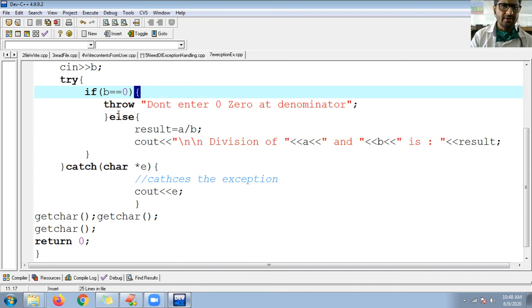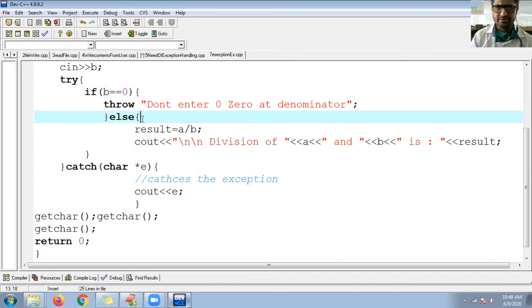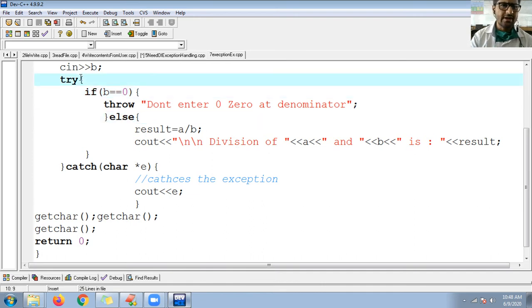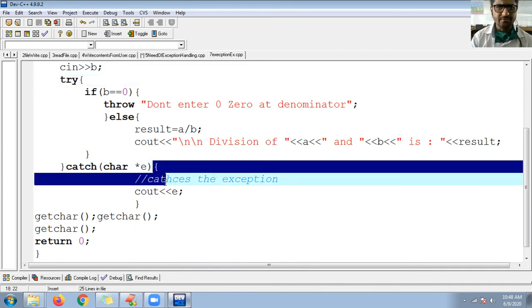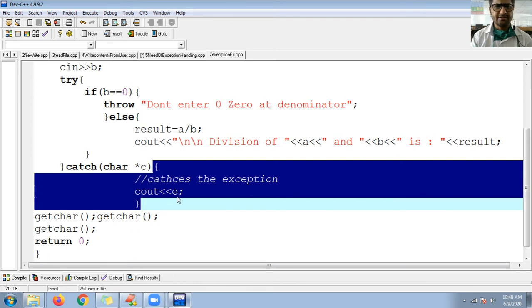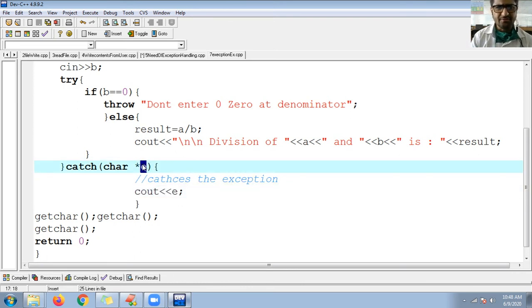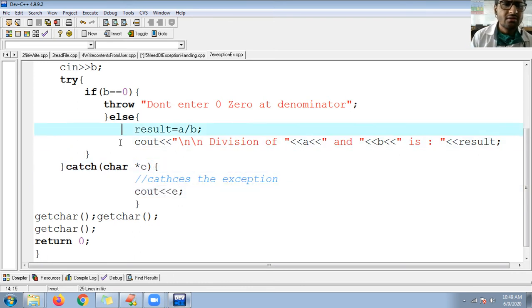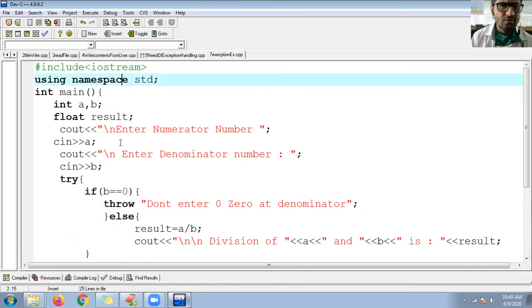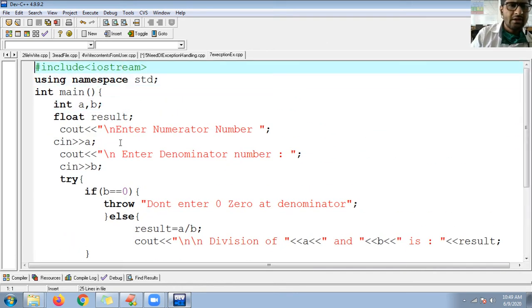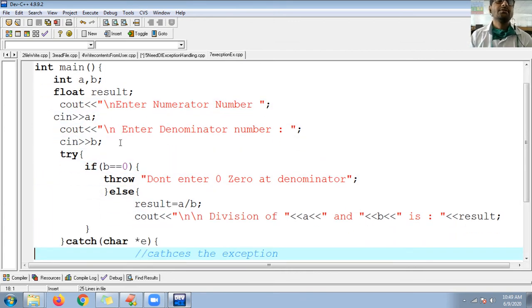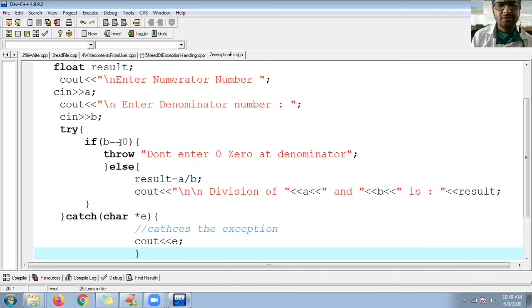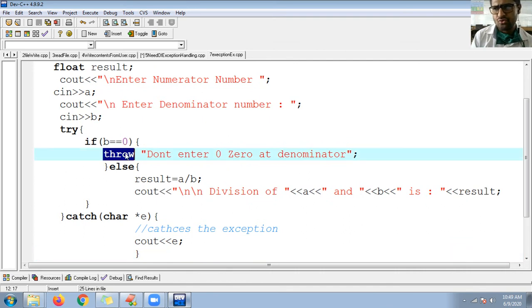So closing curly brace, result, semicolon, try block ended. So the try block ends here. Here is the catch block. Here the catch ends, cout, exception E pointer is printed here, opening and closing curly. Where did I make a mistake here? Why is it not moving to the exception? It should move. Scene A, B is equal to 0. If B is equal to 0, I want to throw. Yes.